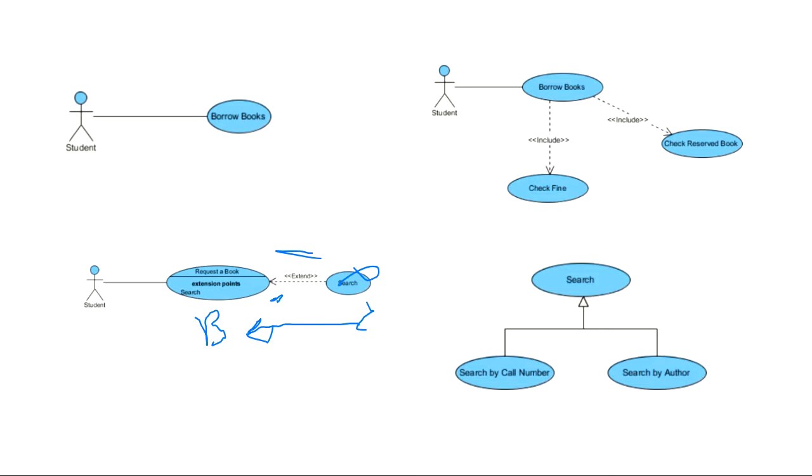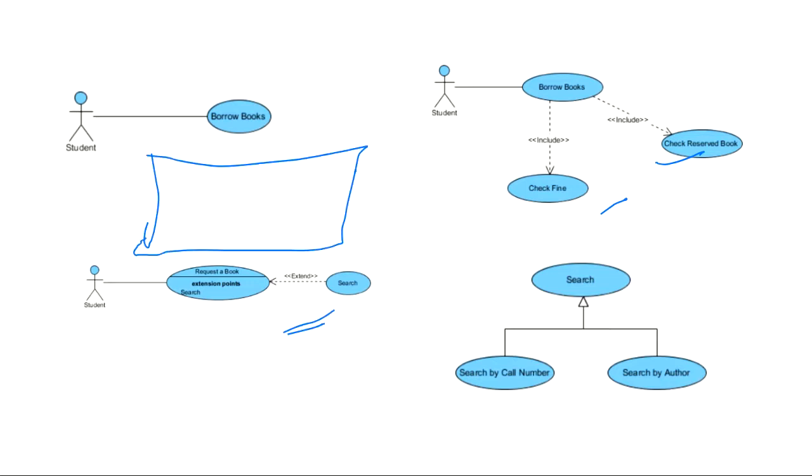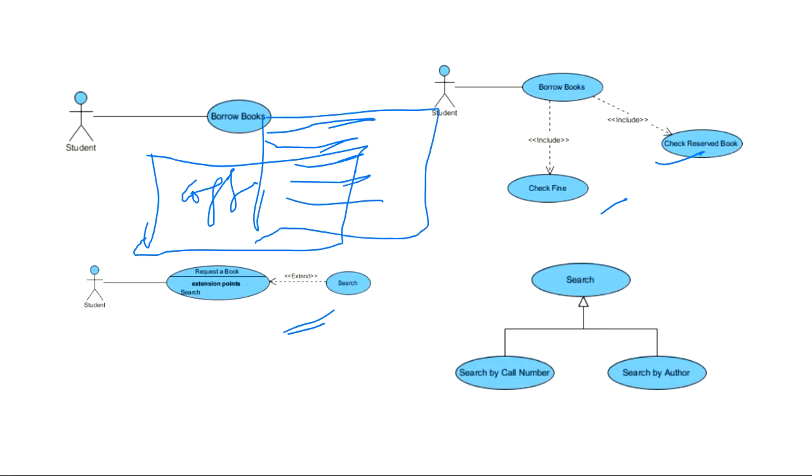So how will you identify what is my include and what is my extend? For example, if you have observed, I've given you one assignment. There is one use case there of the coffee machine. It is written in English statements, about 4 to 5 lines. So how will you solve that case study? First, you have to observe your actors. Don't just take the question and start drawing. It should not be like that. First, you have to identify what are the actors there.